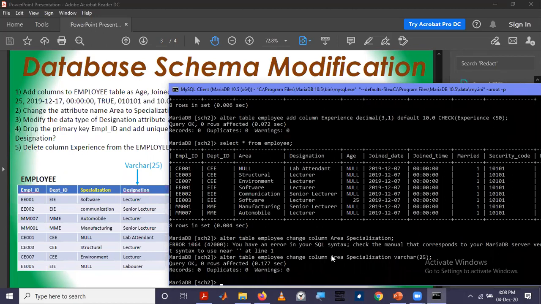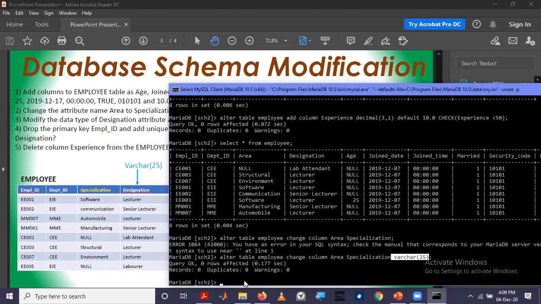So this is the command that I issued. We have to only change the name of this column. We are not asked to change the data inside that column. So in that case, we can use change column. This is the name of the column that we want to rename, then this is the new name, and then the data type.